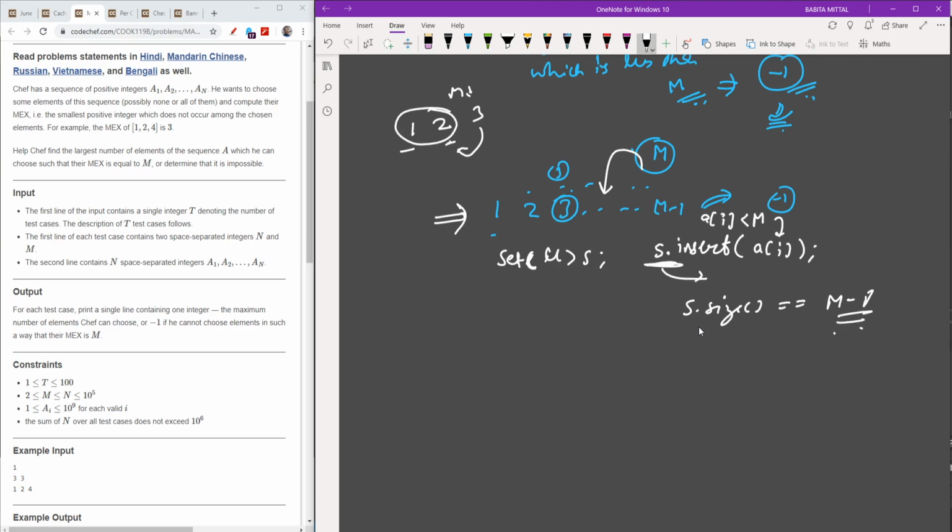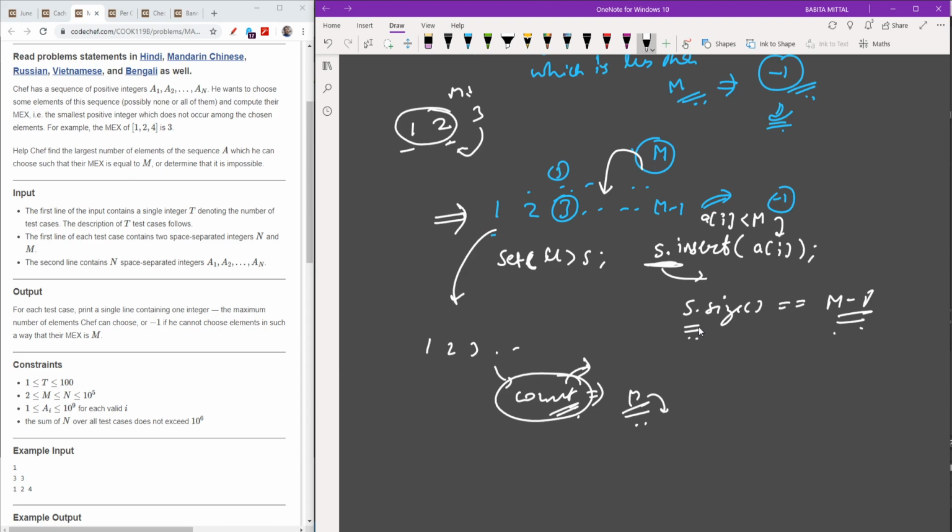Now you might ask, why do I opt for a set, and why don't I simply check if 1, 2, 3 is present and keep a count? If I do this, then it might happen that the value of count goes beyond m.